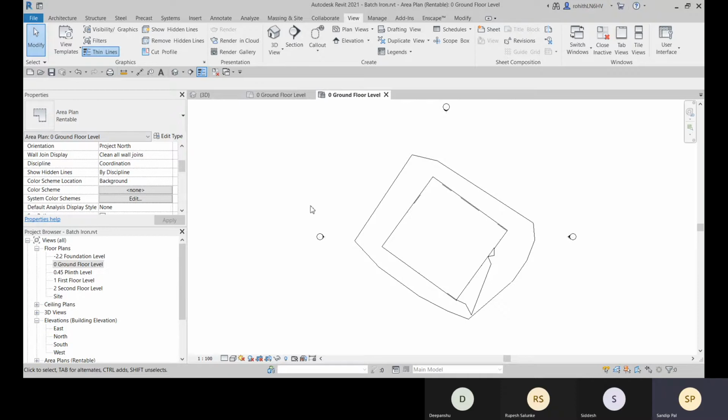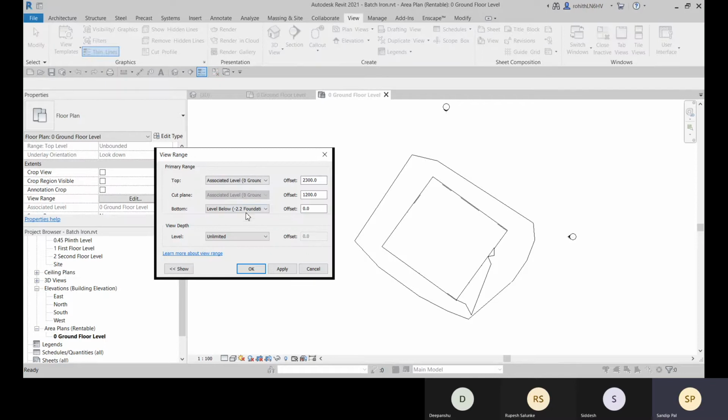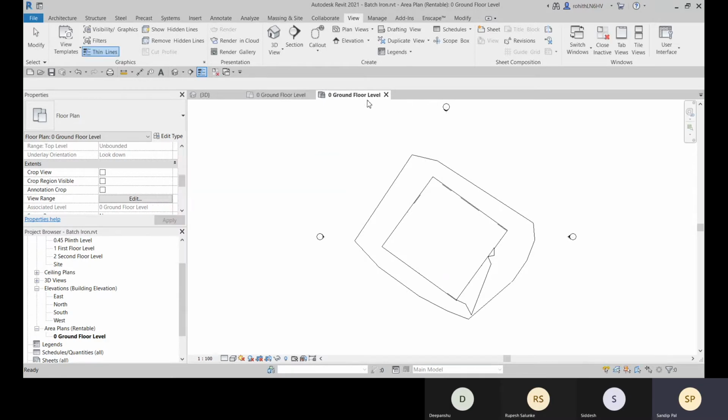Okay, so this is your area plan which is created right now. You can see this is one area plan, and for this you can go to the view range there and adjust the options. The options are well known to you, right? So here you can make some adjustments. So this is a separate area plan.